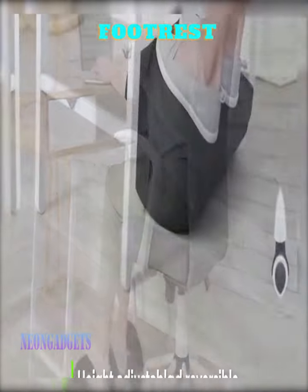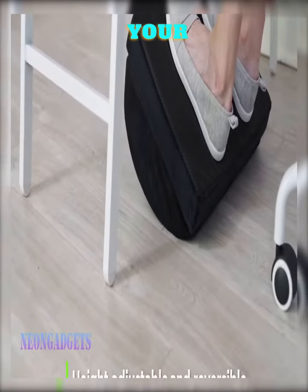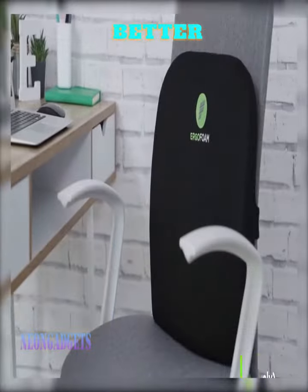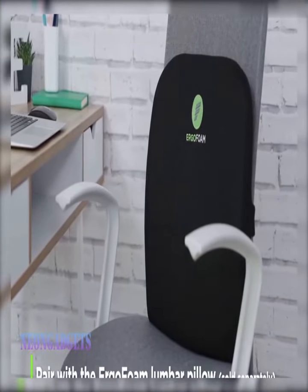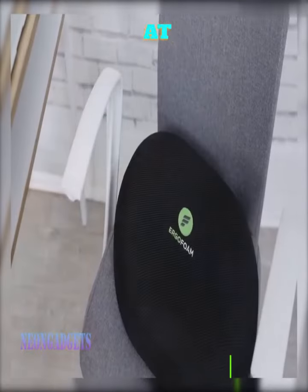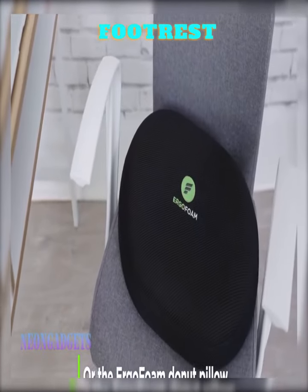product. The footrest is easy to adjust to the optimum height for your chair and leg length. This means you get the support you need for long-lasting comfort, better posture, and relief from lumbar, back, and leg pain. Unlike other footstools that are the wrong height or not adjustable at all, the ErgoFoam adjustable footrest is customizable